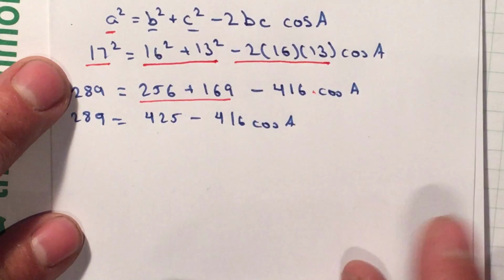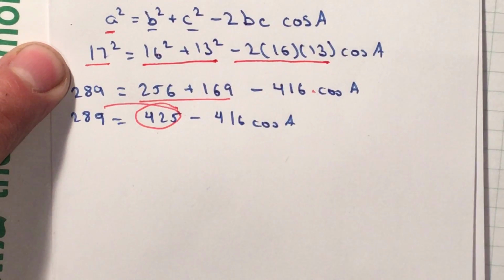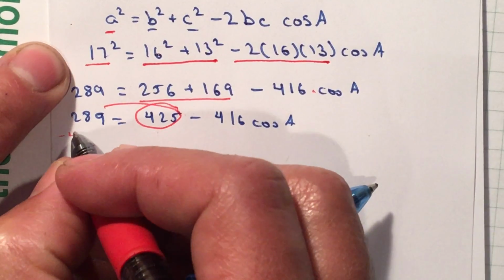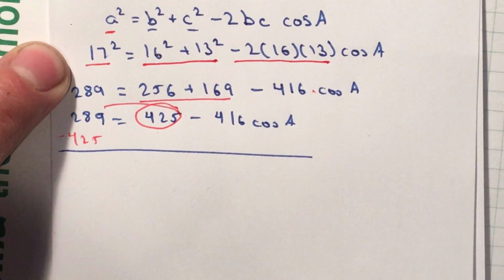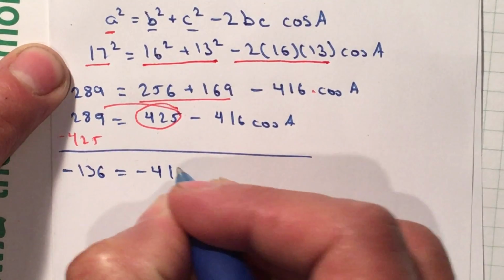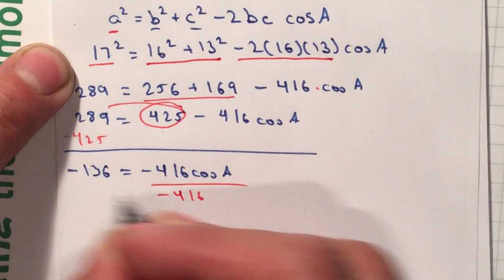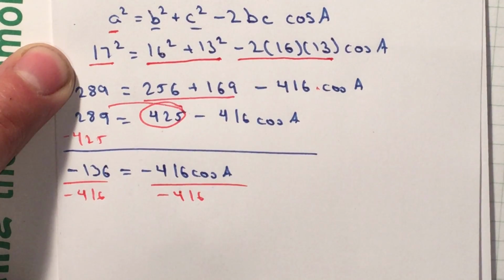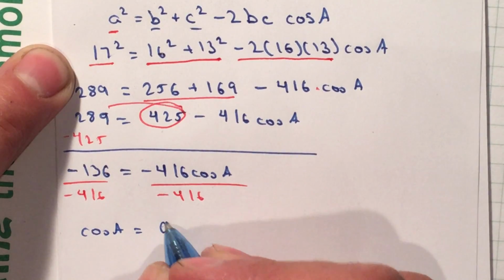And now I need to leave the cosine of A by itself. So I'm going to move the 425 to the left, and it becomes a negative 425. That gives you negative 136 equal to negative 416 cosine of A. And now I'm going to divide by negative 416 on both sides. And that gives you cosine of A is equal to 0.3269,